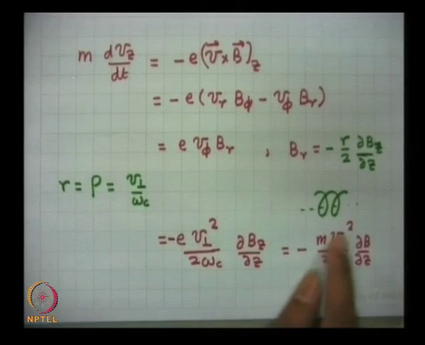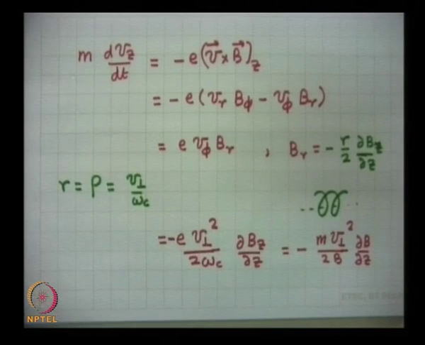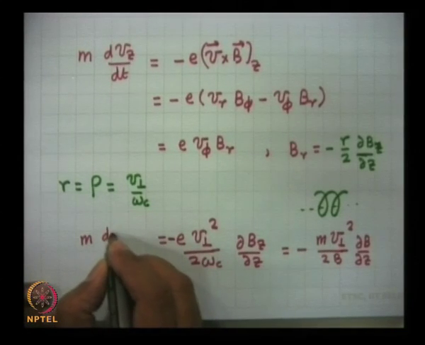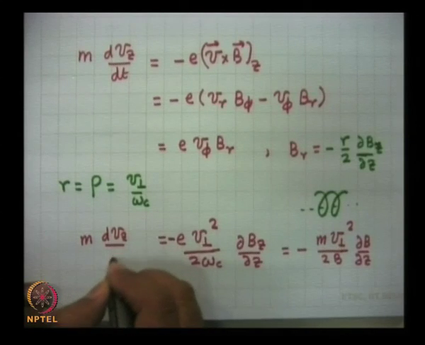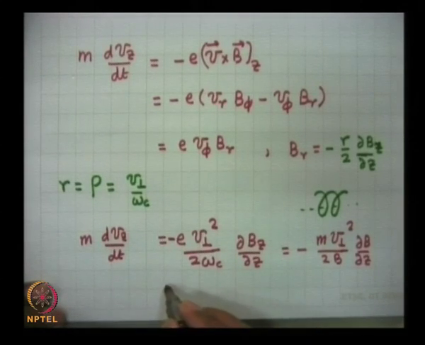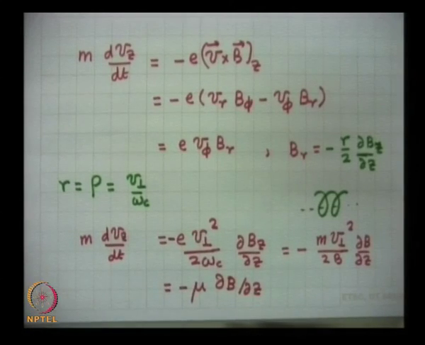Now, this m V_perp square by 2B is called mu. So, we have found that m dv_z by dt for a single particle is equal to minus mu times delta B by delta z. This is the important result. Now, we can proceed further, recognizing that